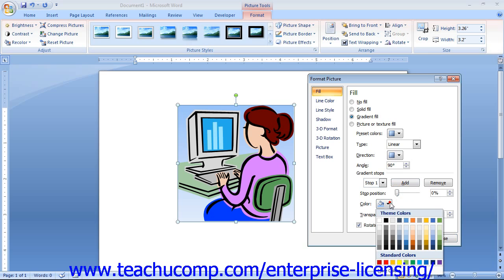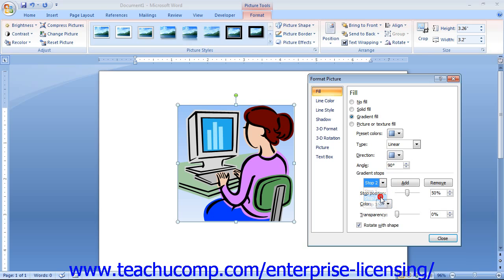You can then use the Color drop-down to set what color you want the gradient to be at that specific stop position. You can also use the Transparency slider to set the level of transparency for that stop. If you wish to remove a gradient stop, select the gradient stop that you wish to delete,